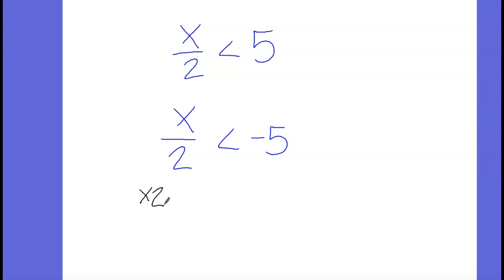Now when I have this, do you keep or change the sign? Change, because the number I'm multiplying by is negative. So if you have that, you also change it because it's the number that you're multiplying or dividing by. So the one that you're moving, if it is negative, you always change the sign. If it's positive, you leave it the same. Okay? You guys are going to go